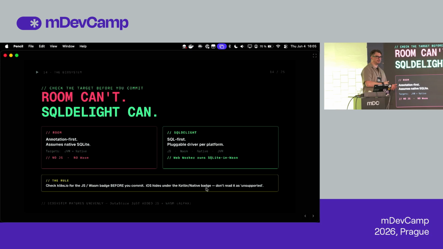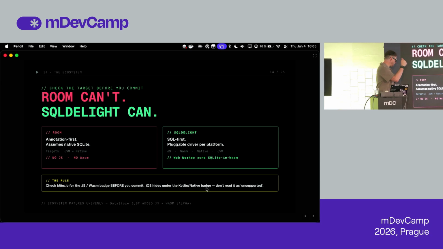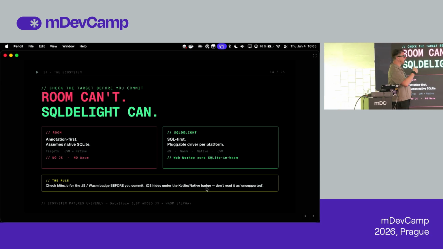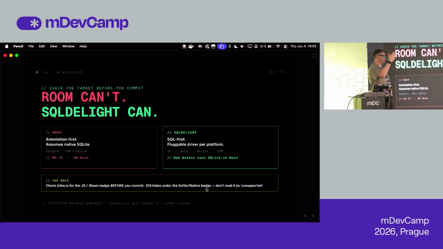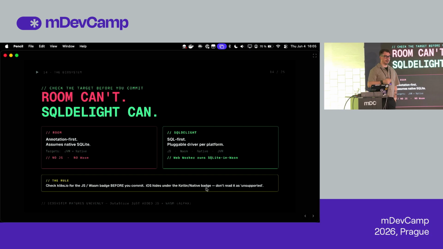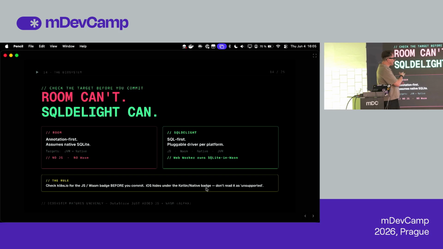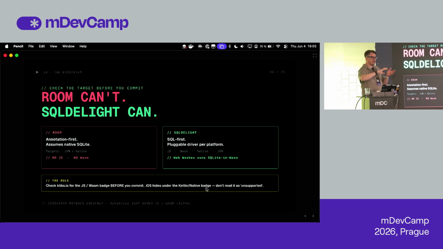Then you can check. For example, my application makes heavy usage of shared preferences or playlists for iOS. So under the hood, we have the data store, and under the hood for JS, we use